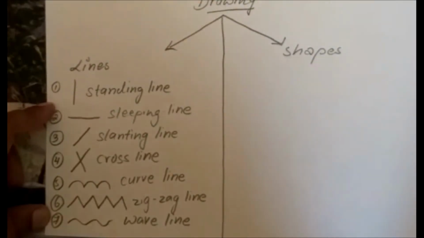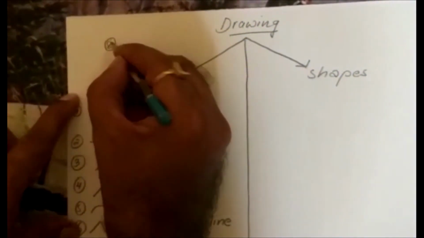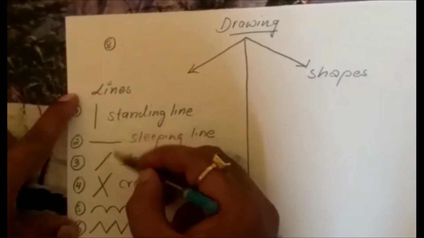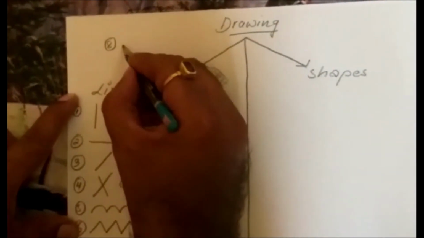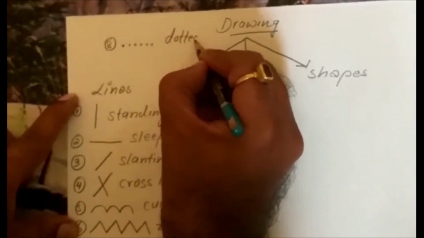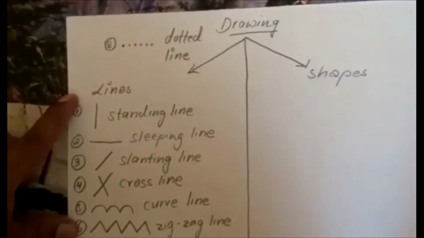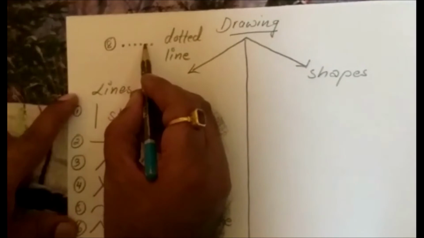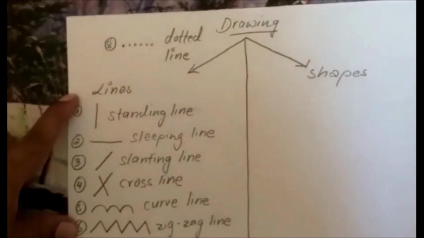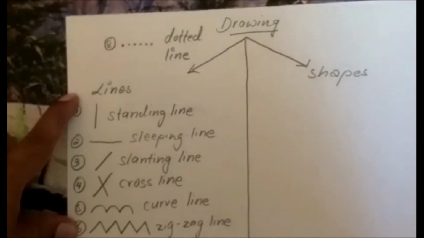Last and foremost, what I want to show, that is a main line, called the eighth line. When you don't know this kind of lines, then you have to use a dotted line. It is one of the important lines for small kids, those who are studying in nursery. Here you have to make dots for them, and they construct lines as well as shapes to construct different kinds of drawings. So the dotted line, I feel, is very important for nursery kids.